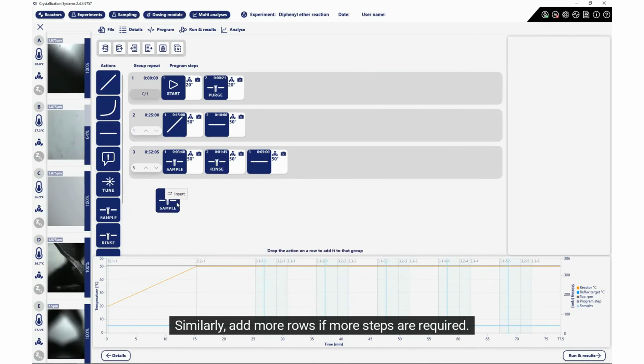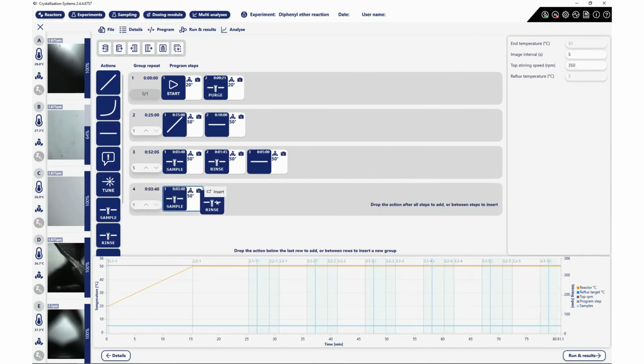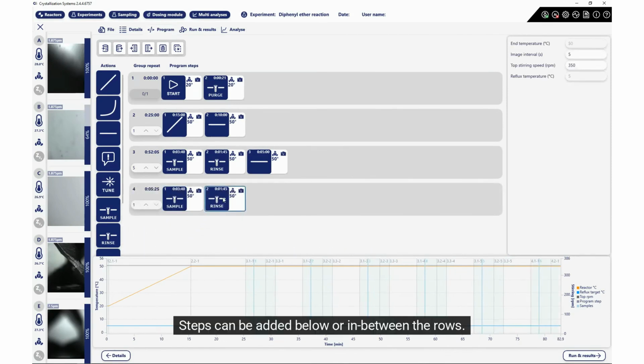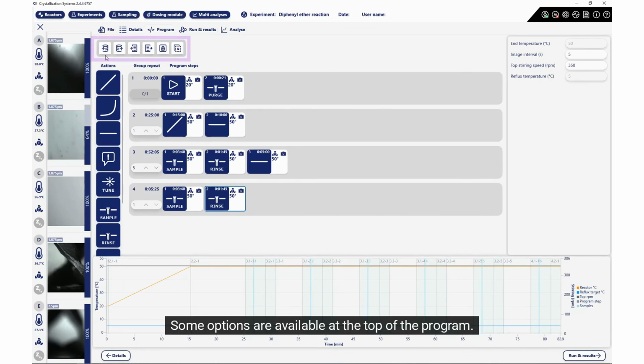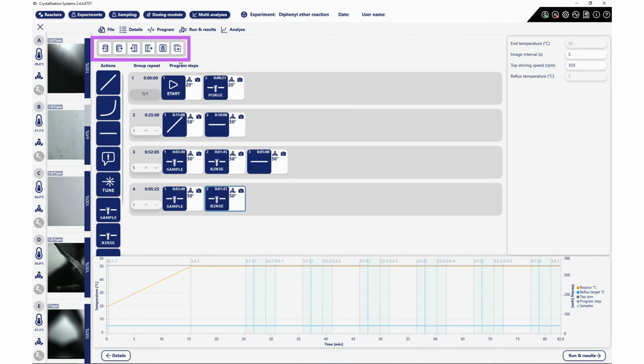Similarly, add more rows if more steps are required. Steps can be added below or in between the rows. Some options are available at the top of the program. These are: import from the library, export to the library, import from a CSV file, export to a CSV file,